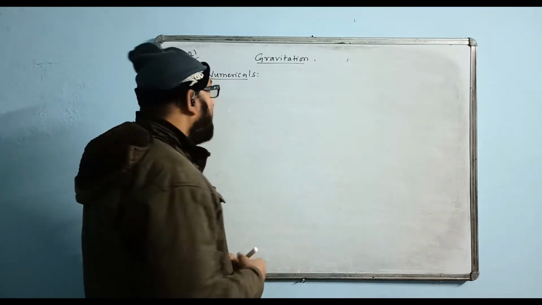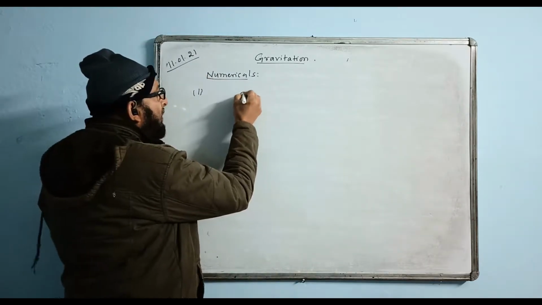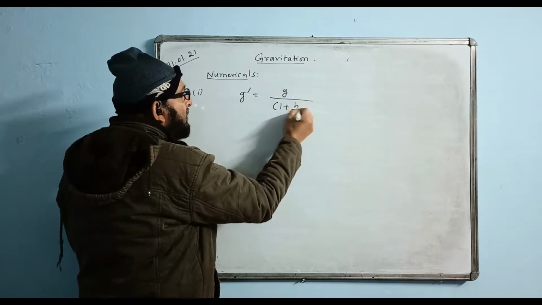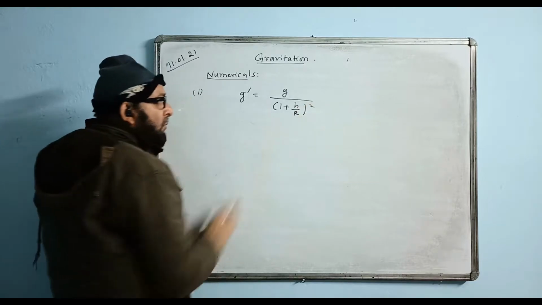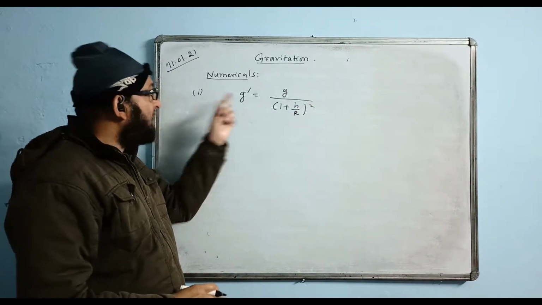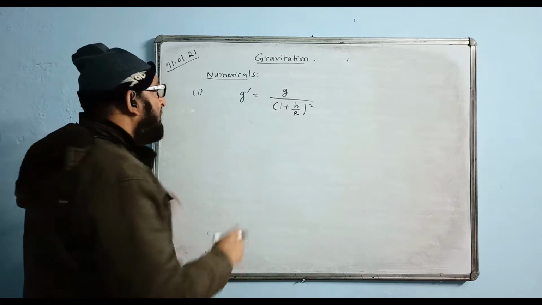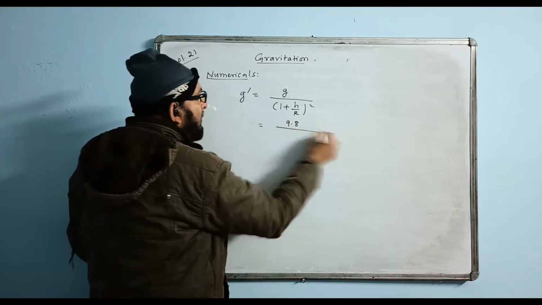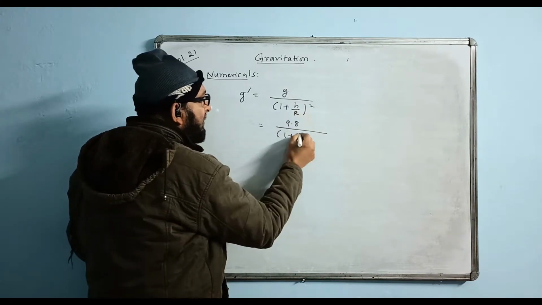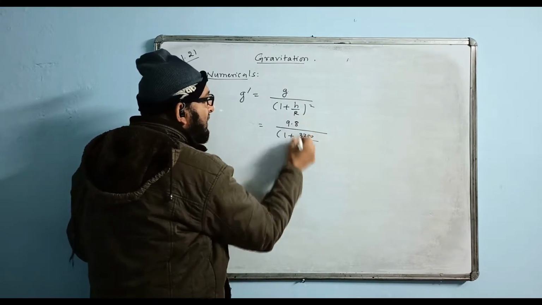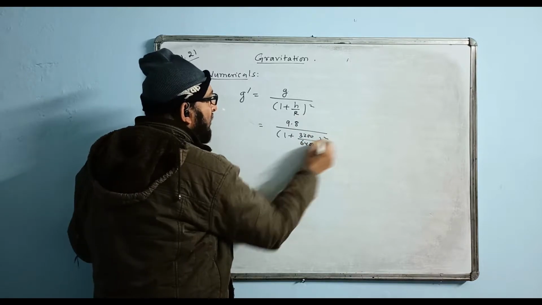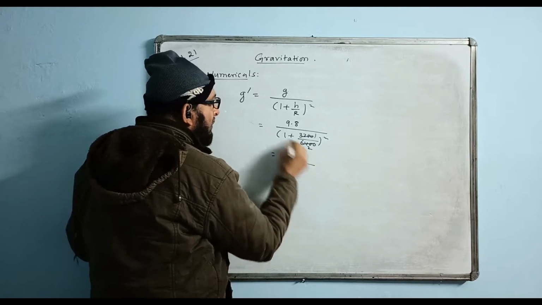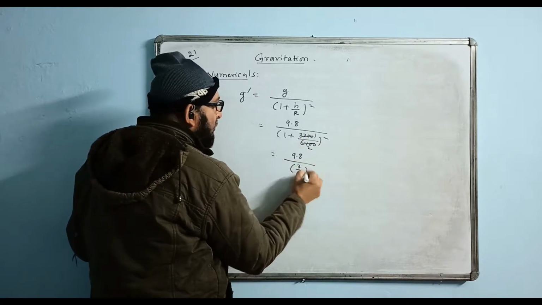The question talks about the height, and you have to find the value of g. I write down the formula: g dash is equal to g upon (1 plus h by r) whole square. This is the value of g with respect to the height or altitude. The g value you can put as 9.8, 1 plus height, which is given as 3200, radius is given as 6400, square. These two will cancel. You get 9.8, 1.5 will come, 3 by 2 square.